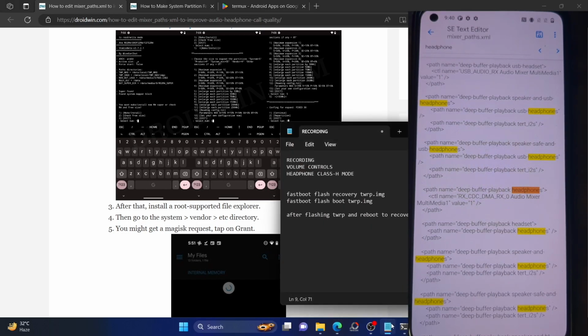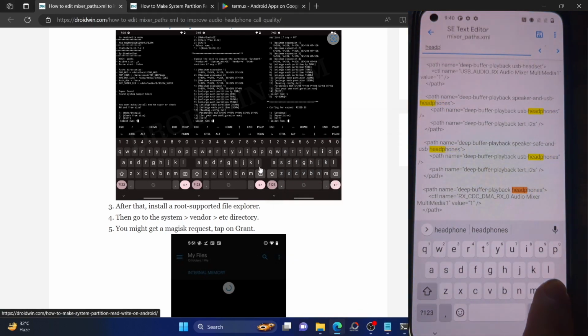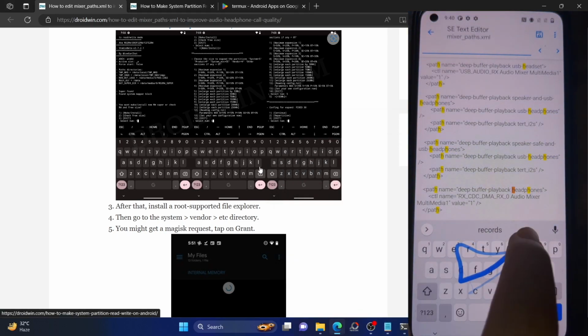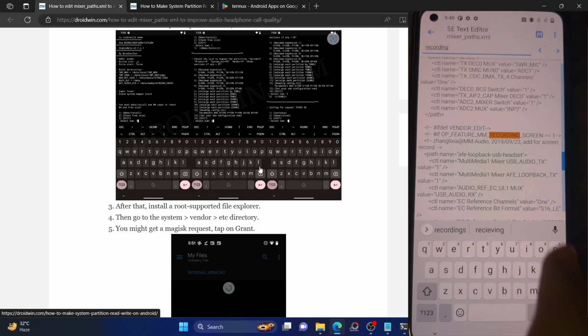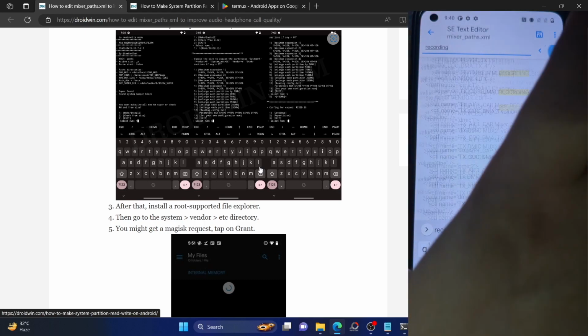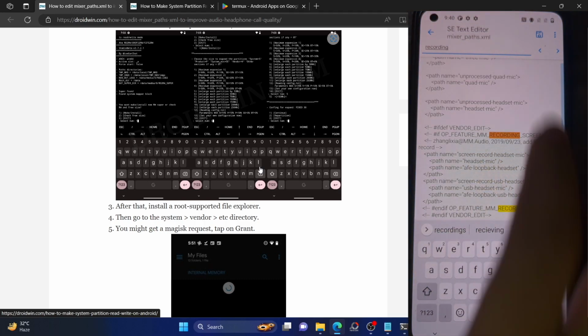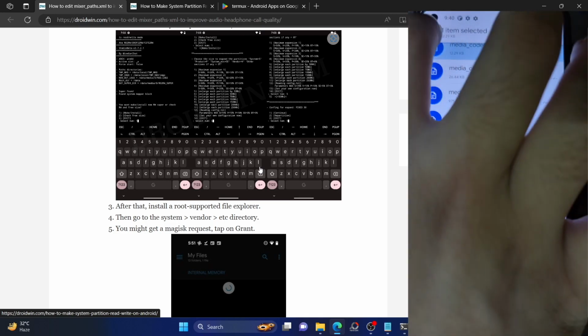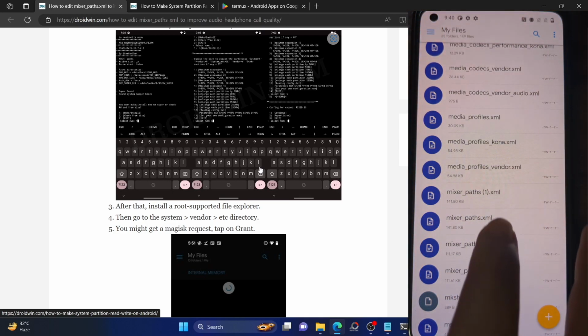For example, let me show you recording also, you might have a few values for recording. For screen recording, you could change a few values, and for screen recording as well, there are a few tweaks.